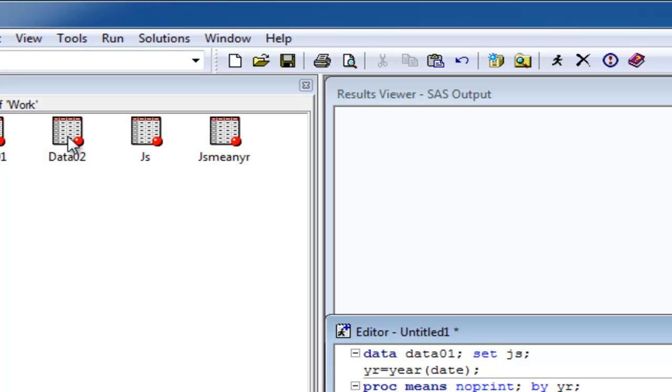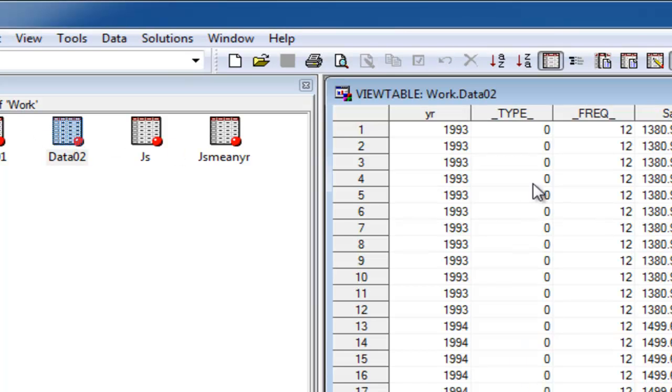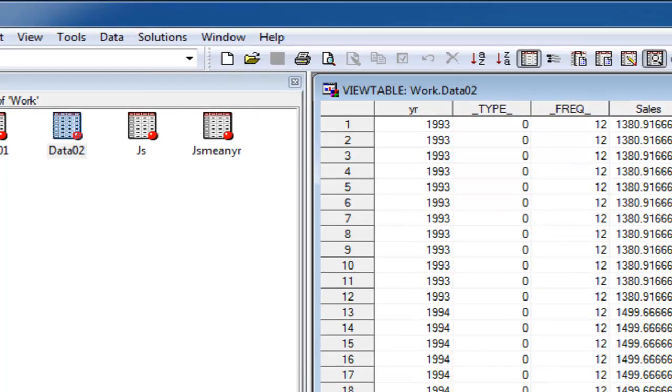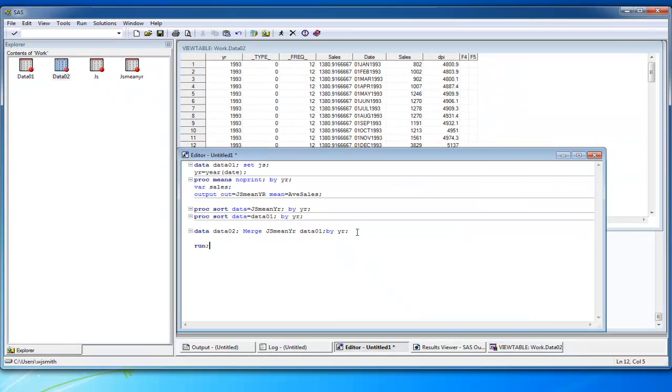The new data set is data02, and data02 is going to have the average sales for each of the years, the individual sales for each of the months within each of the years, and now we can calculate maybe the difference between the average sales for the year and the sales for the month,